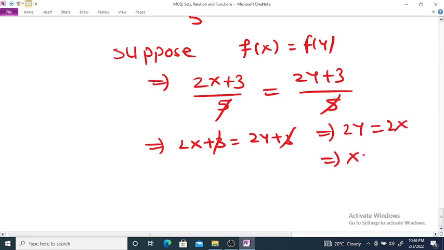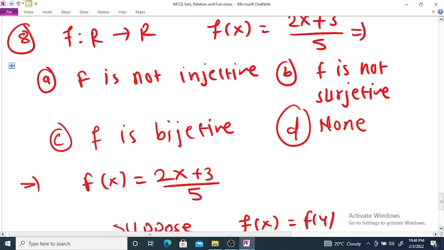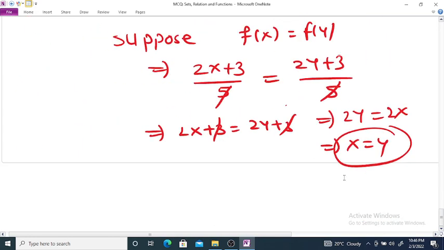This implies x is equal to y, and therefore f of x is equal to f of y implies x is equal to y, and therefore this function is injective, and therefore this is not a correct option. So f is not surjective. Again,